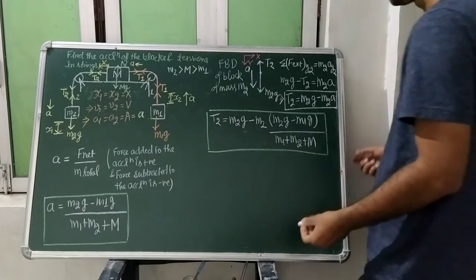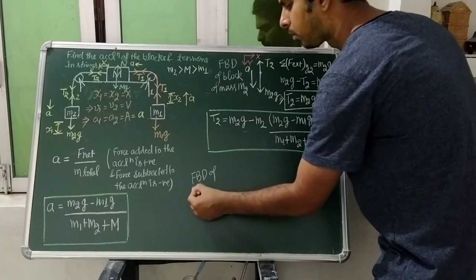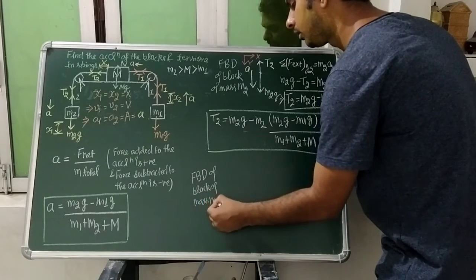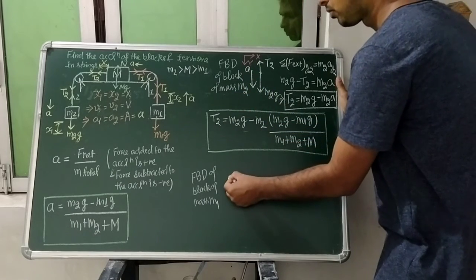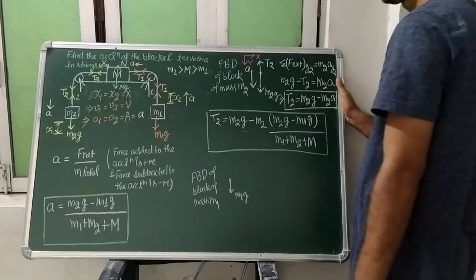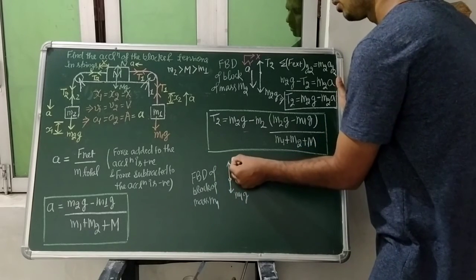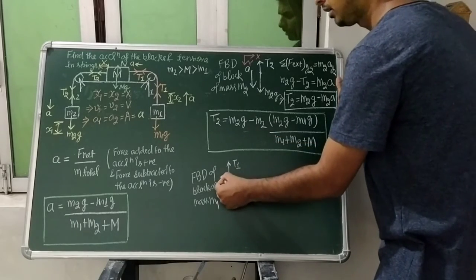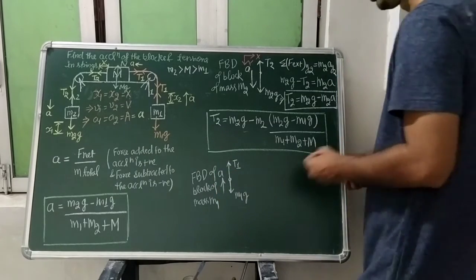And of course, students, if I am talking about the free body diagram of block of mass M1, this M1 and 2 I have talked. So force due to the gravity is in downward side, M1G. Tension is what? T1 tension is present here in upside. This length of this T1 vector will be more since it is accelerating in upward side. Elevator. I have talked about these things in elevator.